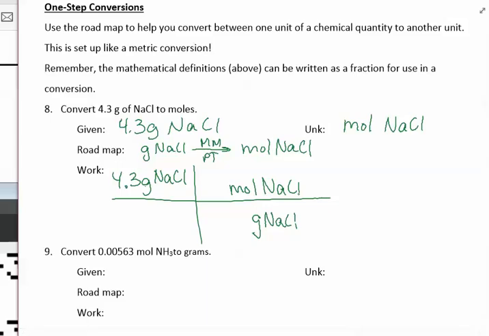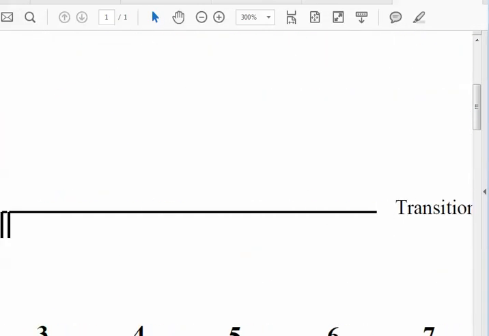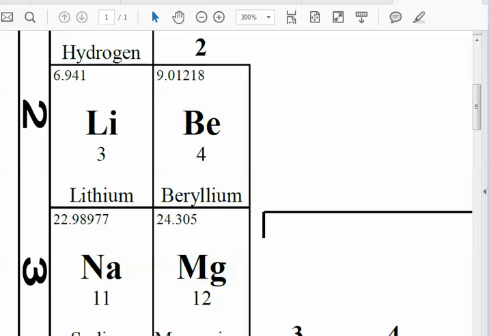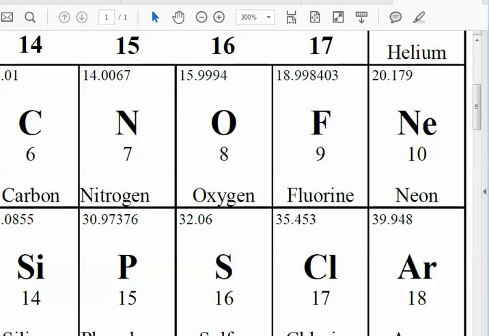Now, we already know 1 mole of NaCl is equal to the molar mass of sodium chloride, MM on the PT. So we need to calculate the molar mass of sodium chloride from the periodic table. So we're going to go to our periodic table, find sodium, which is 22.99, plus chlorine, which is on the other side of the periodic table, 35.45. Remember, we're including 2 decimal places here,